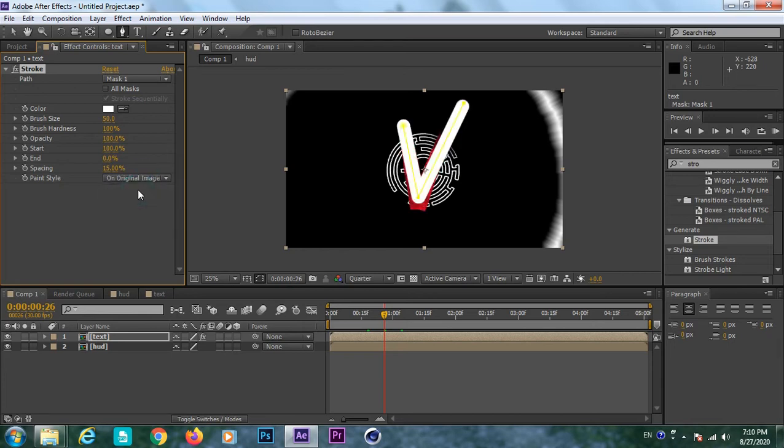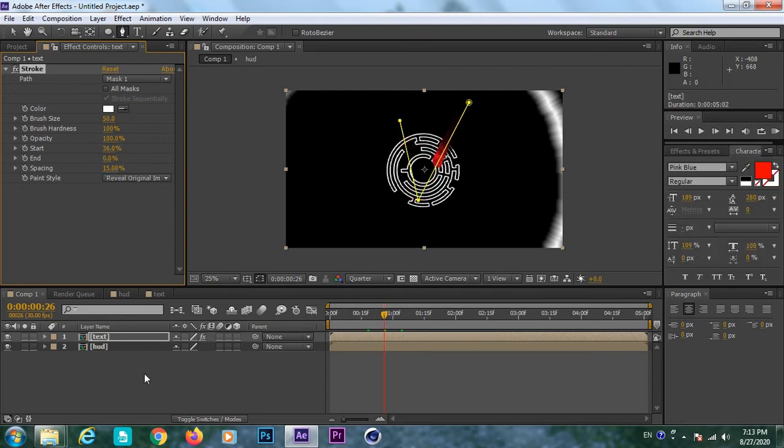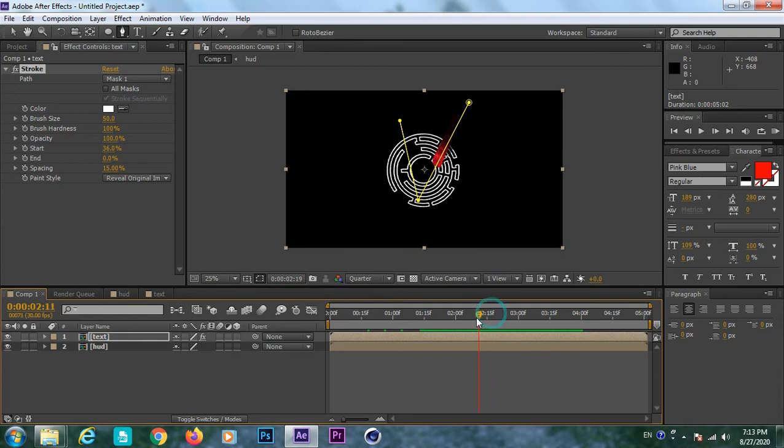Okay, now on the original image you can see this white stroke. I'm going to select reveal original image. Okay, now I actually decrease the end point. Okay, actually increase the end point now where I want to get the exact path.